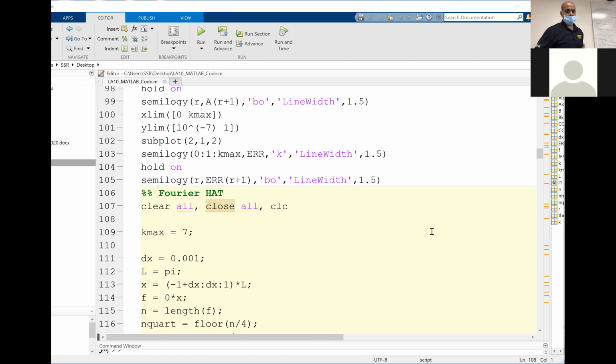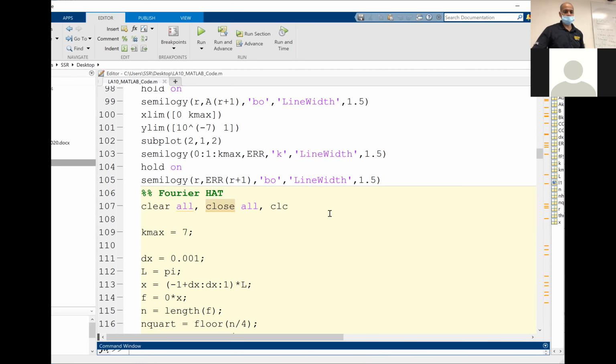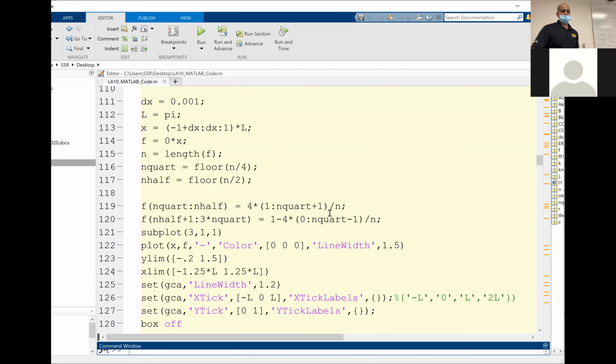This black is the actual hat function. So let me make it bigger. The black is the actual hat function, and the red is the Fourier approximation of that Mexican hat. If you have the sines and cosines and combine those together, you don't get the perfect notch or the tip at the top, but you see a decent approximation of the Fourier hat. And this is the code.